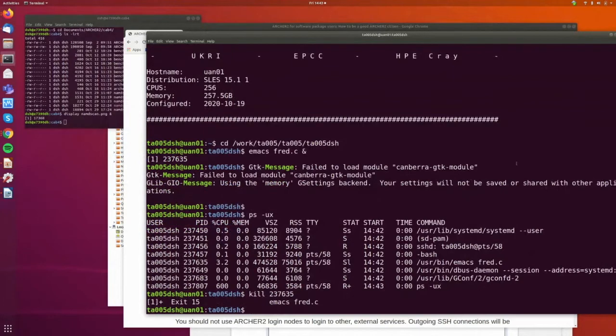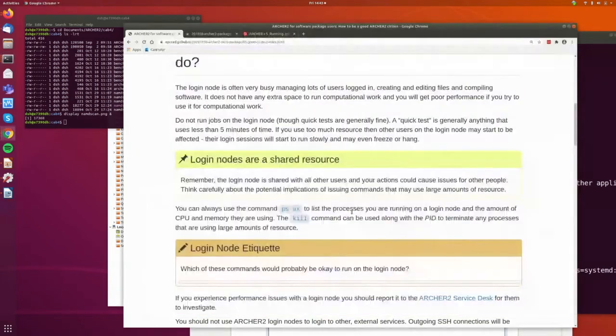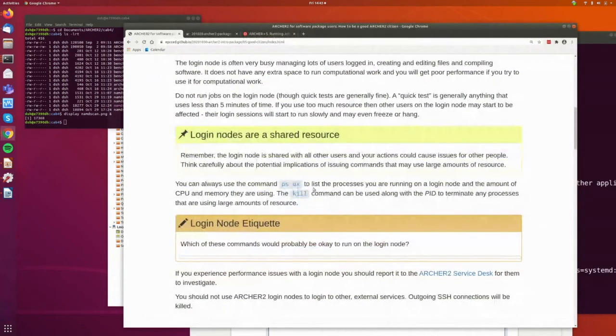And Linux is a bit stupid. But 100% CPU means 100% of one CPU. Okay, so 100% CPU means you're fully using one CPU. On cleverer operating systems in the past, it gave you a percentage CPU of the whole system. But Linux tells you it's per CPU. Okay? So that's how that works. So in terms of managing processes, ps -ux and kill are really the things which are